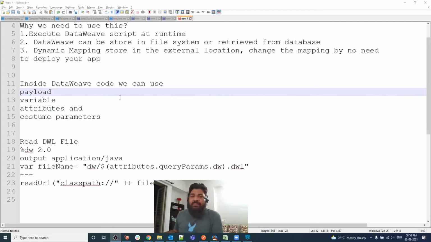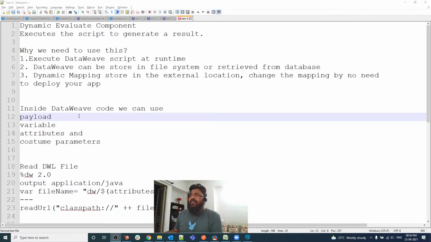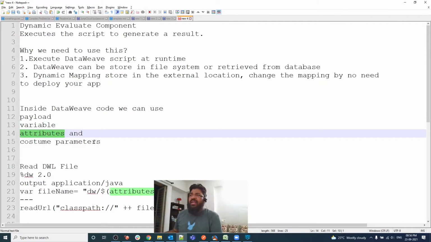So as you can see, we have a data view, any data view. The data view requires an input payload, because a data view can generate any payload, but our data view is generating an output from the payload. So inside the data view we can use payload, variable, attributes, and custom parameter.